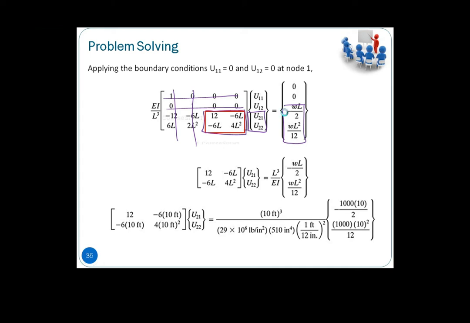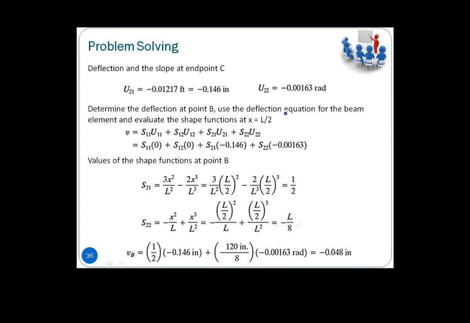What it means here is our U21 is negative 0.146-ish, going down. U22 is the slope or rotation, which is negative 0.00163 radian. So in this case, we can determine the deflection and the slope at endpoint C. If we want to determine the deflection at point B, then probably